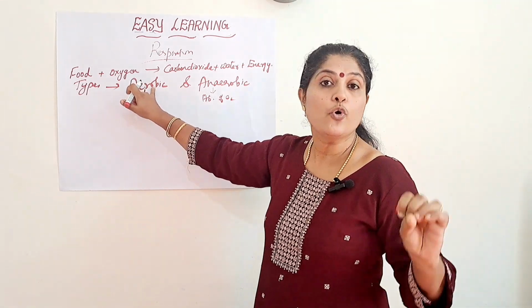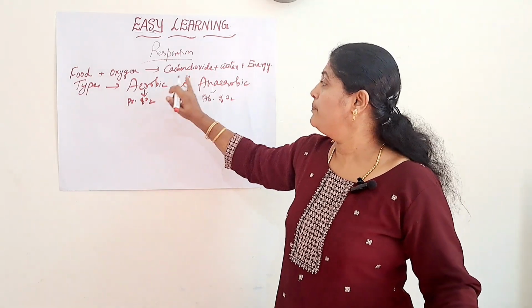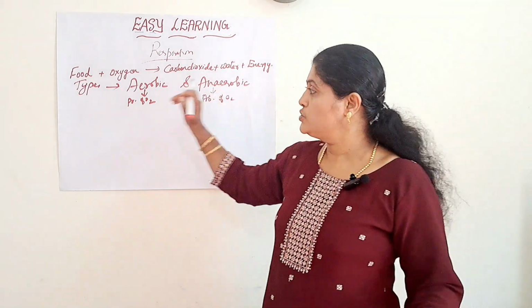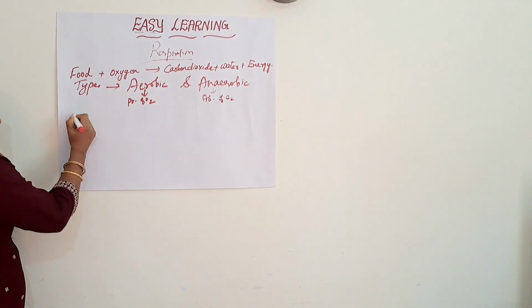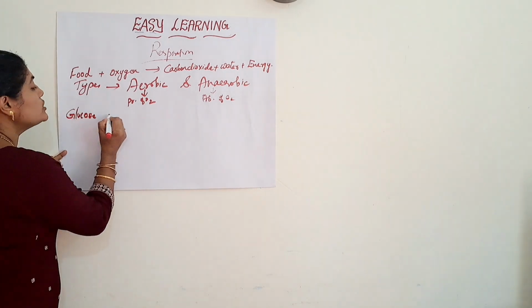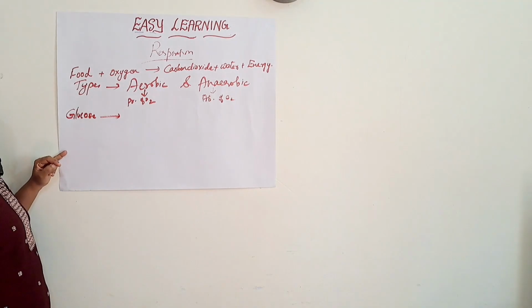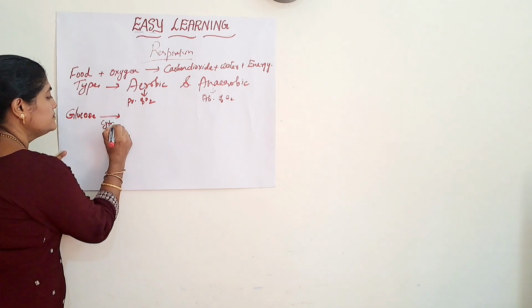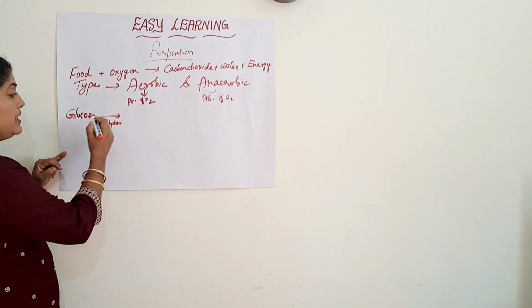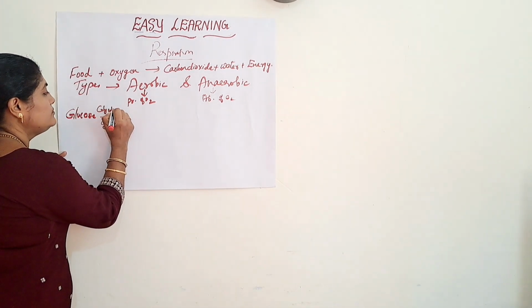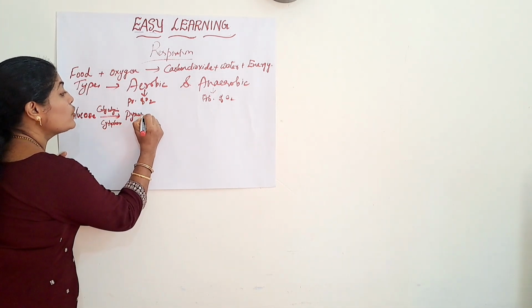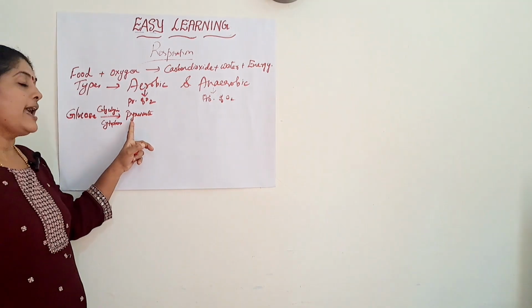Here, first I will show you the chemical equation with aerobic respiration, anaerobic respiration with yeast cells, and muscle cells of human beings. First one, it is the glucose. That is the food, isn't it? The glucose is broken down in the cytoplasm. The breaking down of glucose in the cytoplasm is known as glycolysis. It is broken down into one product known as pyruvate, or we will call it pyruvic acid.